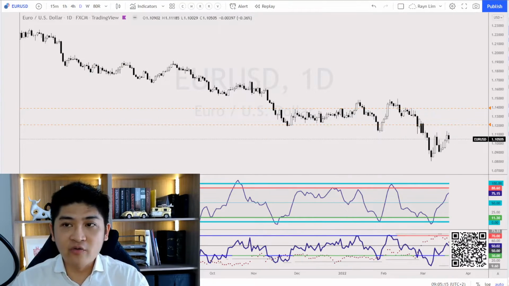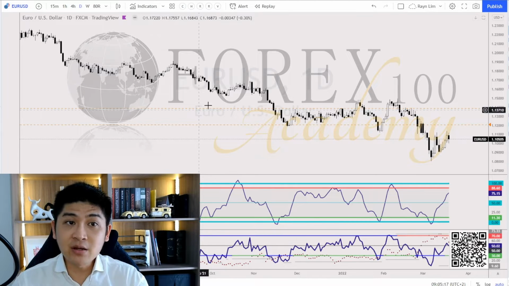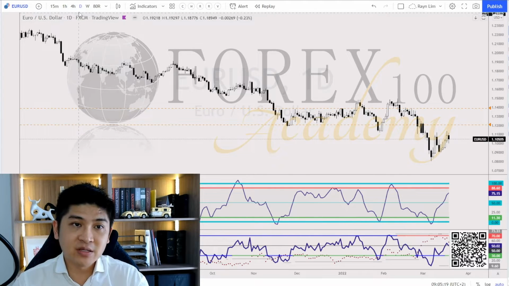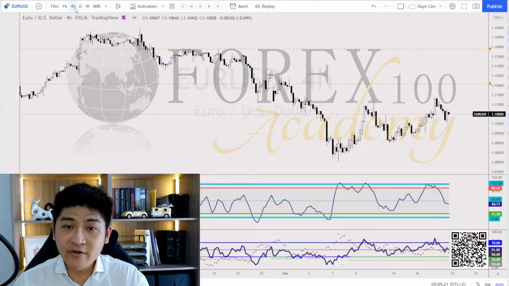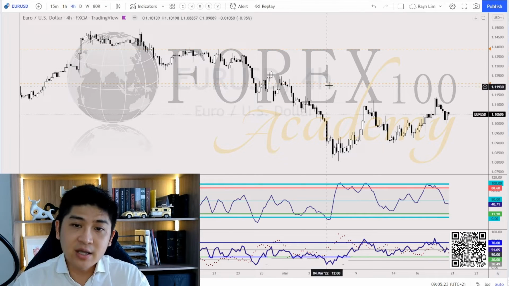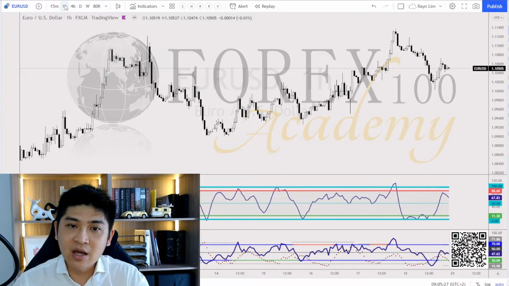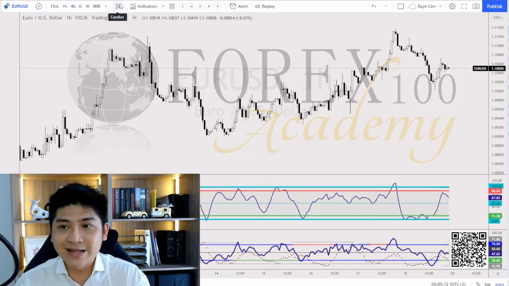So today on the weekly market analysis, let's look at euro dollar, shall we? So euro dollar on the daily chart, what we see over here is a bearish movement. Based off the daily chart is a bearish movement. So we can see that the bird's eye view is on a bearish move, and of course the 4-hour chart is also on the bearish movement on this entire setup. However, on the 1-hour chart, what we can see over here, it is a sideways movement slightly tilted towards the